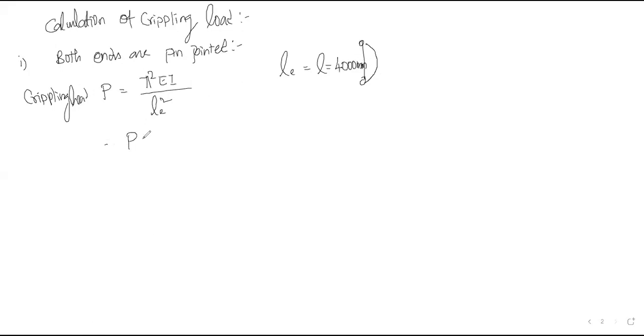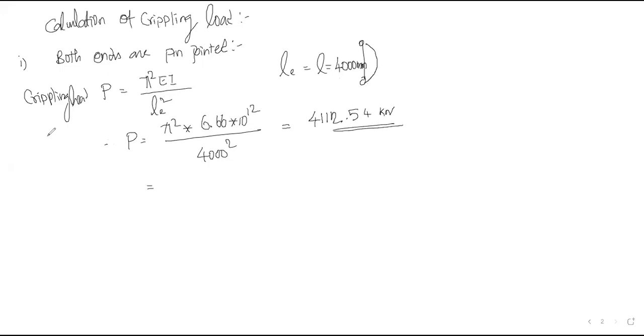Therefore P is equal to pi squared into EI value 6.667 into 10 to the power 12 divided by LE square, 4000 square. So the first value is 4112.54